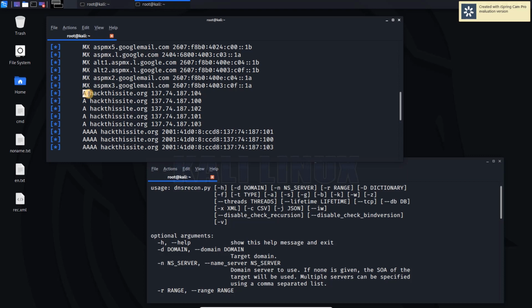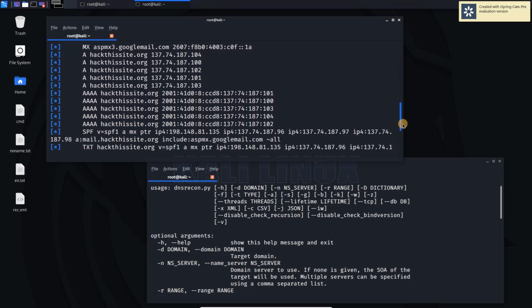A record is for IPv4 address, and AAAA record gives you the IP version 6 address of that domain. We can see that there are 1 2 3 4 5 IPv6 addresses used. This is the mail server. This is also a mail server.